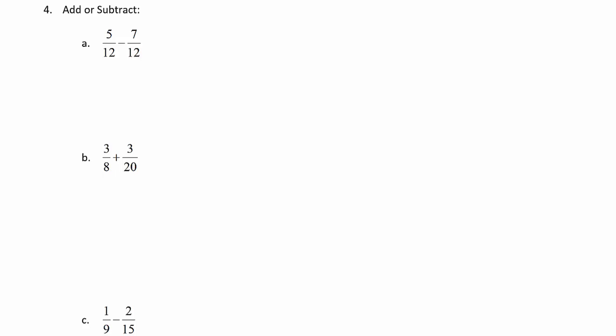So let's review some of our operations with fractions. If we want to add or subtract fractions, we need a common denominator. Our fractions need to have the exact same denominator. And so in this first example, 5/12 minus 7/12, we have the same denominator. So we subtract the numerators. 5 minus 7 is -2. And then the denominator stays the same. So the answer would be